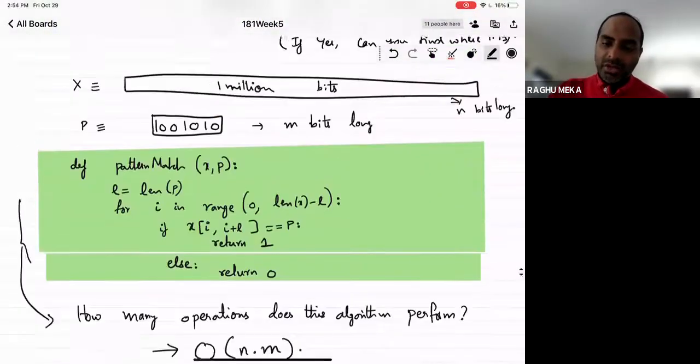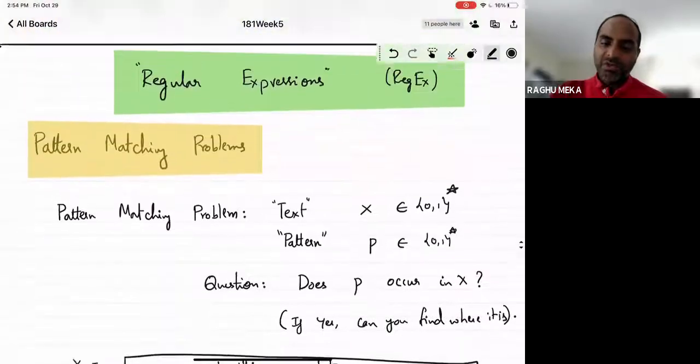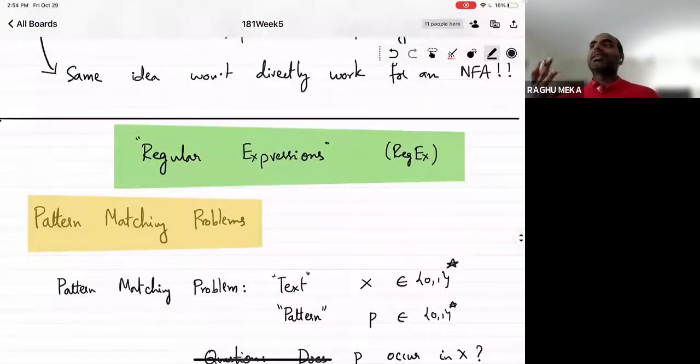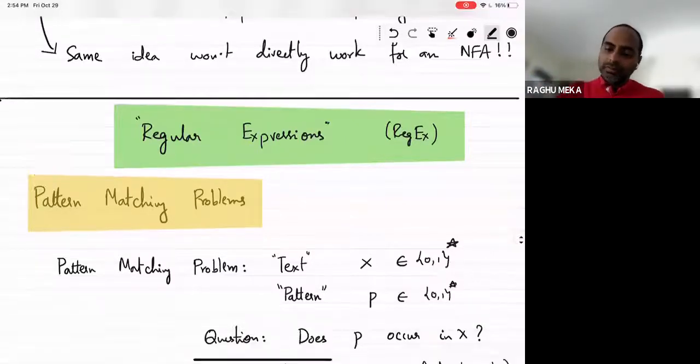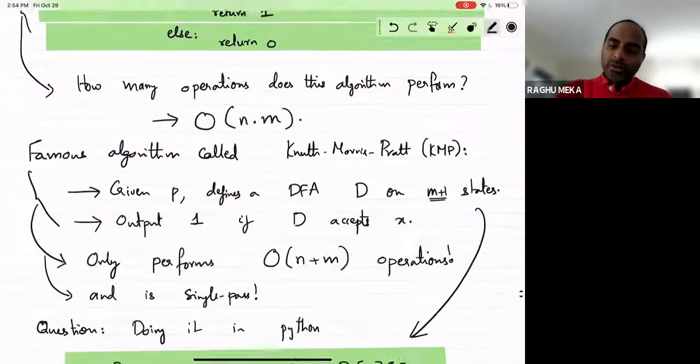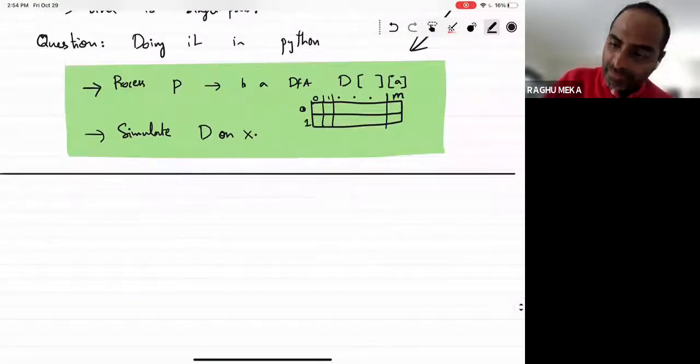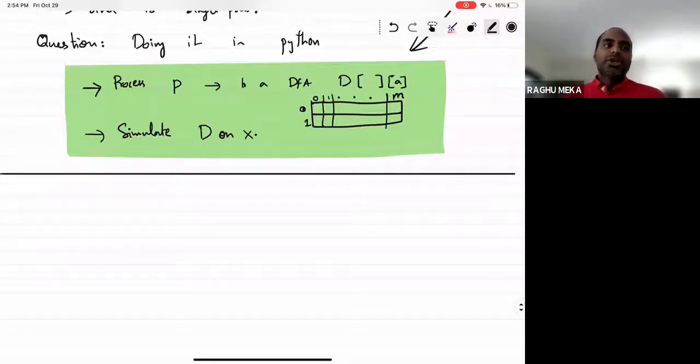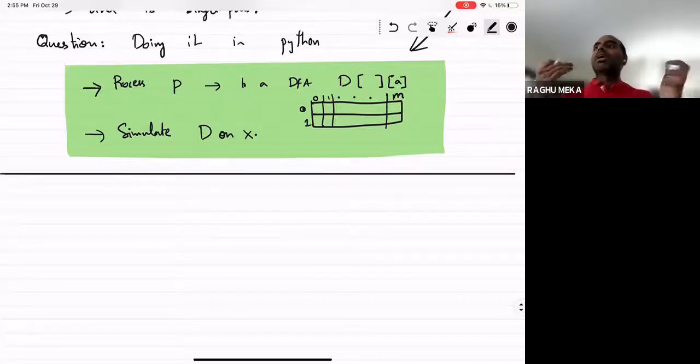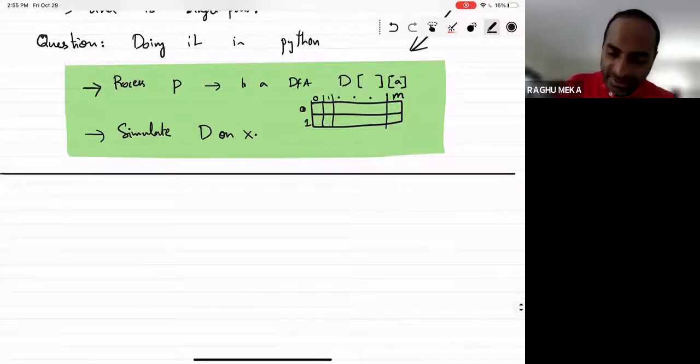Now, when we think of regular expressions, they are really generalizations of this pattern matching problem. So what's the motivation for this? The motivation is that often maybe I don't want to look for the exact pattern P appearing in the string X, but maybe there is some flexibility in matching the pattern. So for instance,